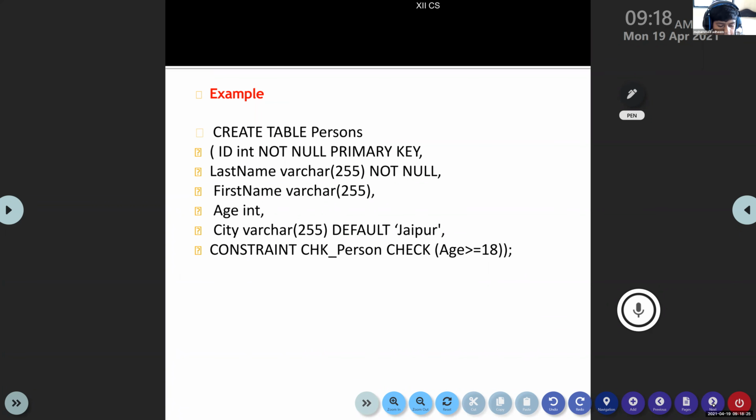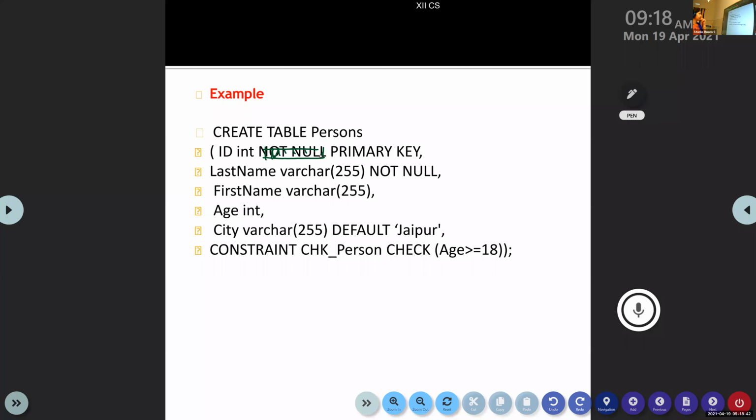You can see this example. Create table persons, ID int not null primary key. The not null is not actually required, because automatically it will become not null.